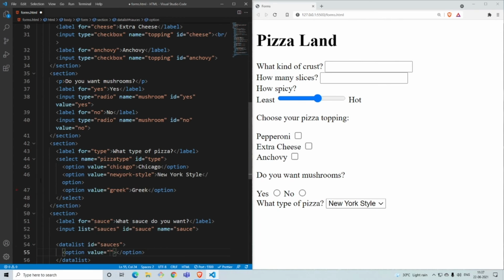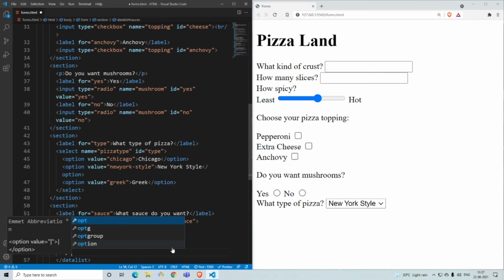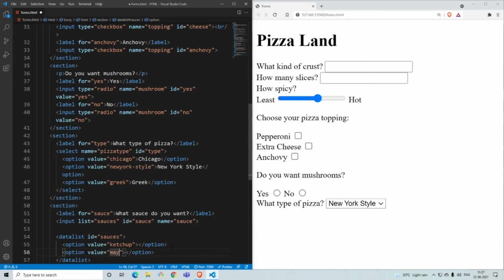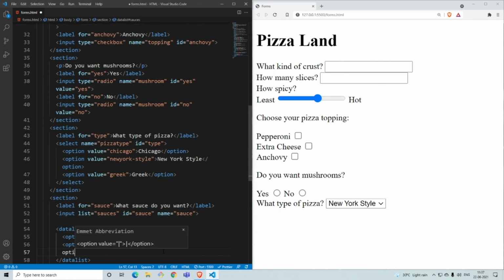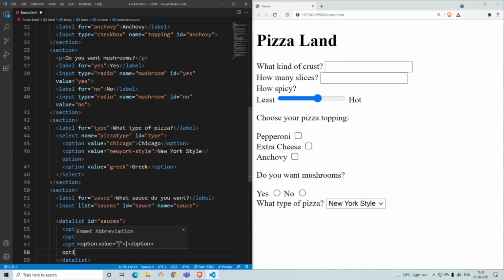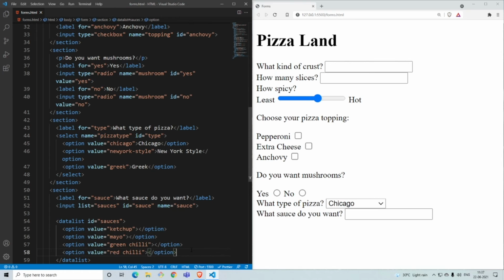Similarly, like where you did the select and options, we'll give an option out here also. So first one can be written as ketchup, let's say. The other option, and we'll add mayonnaise, so it's just mayo. And we'll give an option of chili sauce. We'll add green chili sauce and the red chili sauce too. So we'll say green chili, and we'll give option, and we'll say red chili. You save it, you can see, okay, you have sauces. So these are the 4 types.